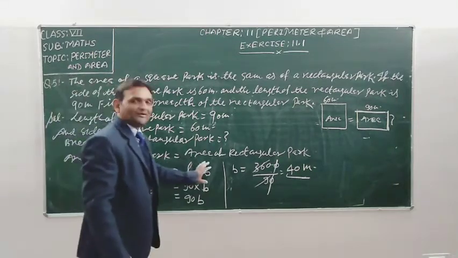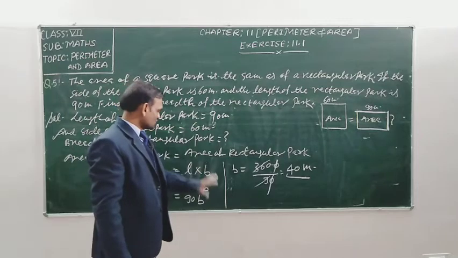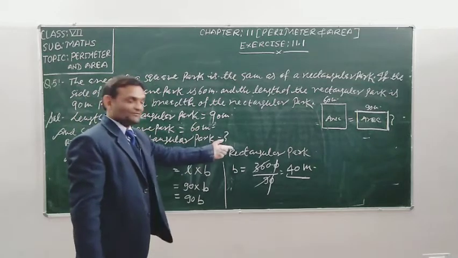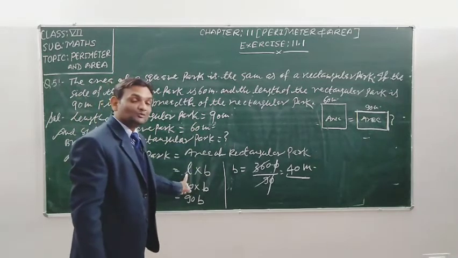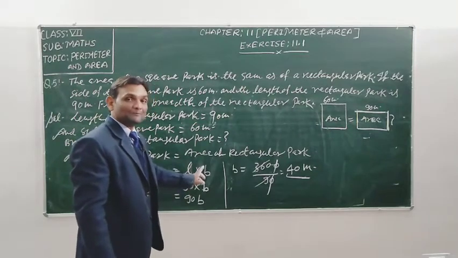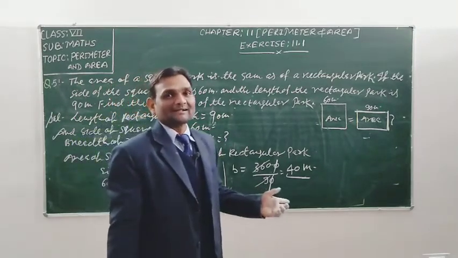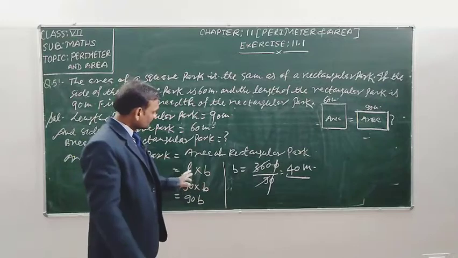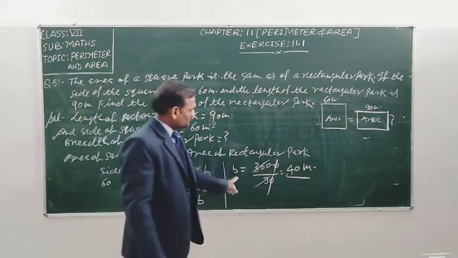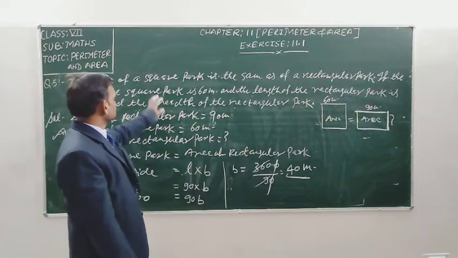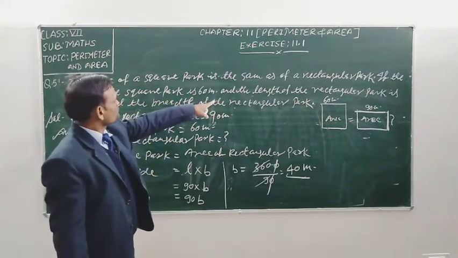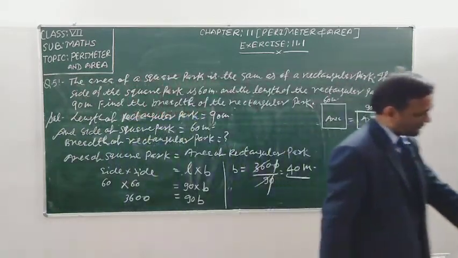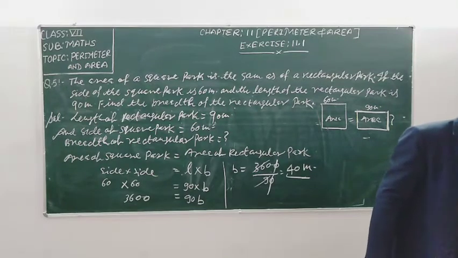Student, I have used the wrong formula, so I'm sorry student. For finding the area of the rectangle, we use the formula length into breadth, not 2 into L plus B, because we use 2 into L plus B for finding the perimeter of the rectangle. So by mistake I have written it, student, so you will correct this to L into B, so directly we can find out the breadth of the rectangular park. The question is asking me to find the breadth of the rectangular park. So student, I hope you have understood this question very well.